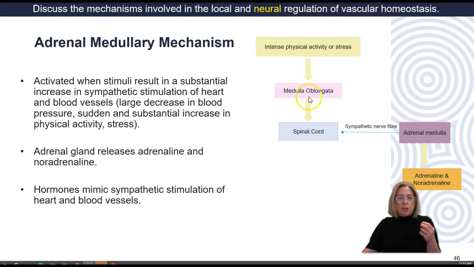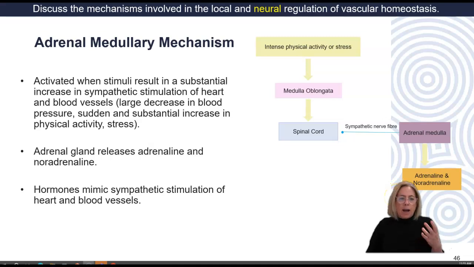That will stimulate the medulla oblongata and the sympathetic nervous system, and sympathetic nerve fibers from the spinal cord go to the adrenal medulla to activate the adrenal medullary region to release adrenaline and noradrenaline into the